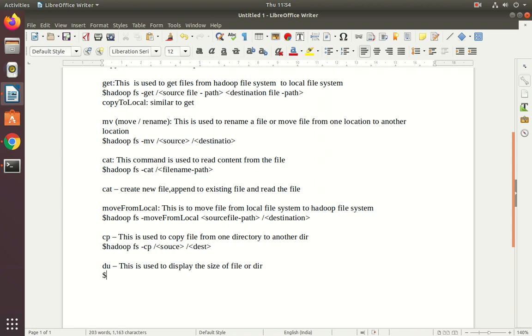See, the syntax is hadoop fs hyphen du slash file name or directory name. We can specify anything. Let us verify this one.